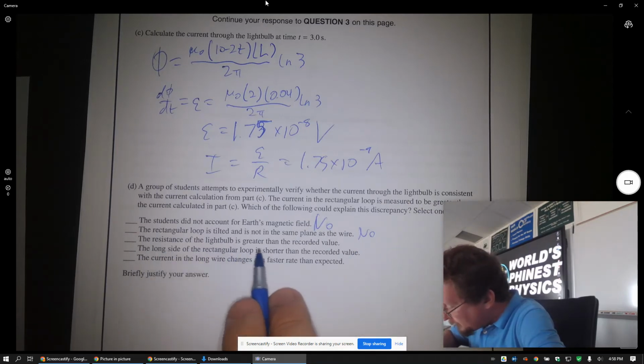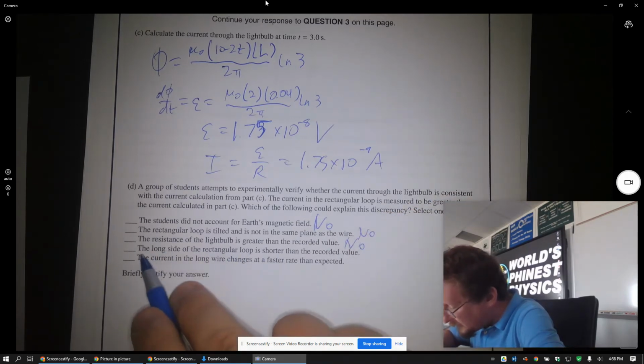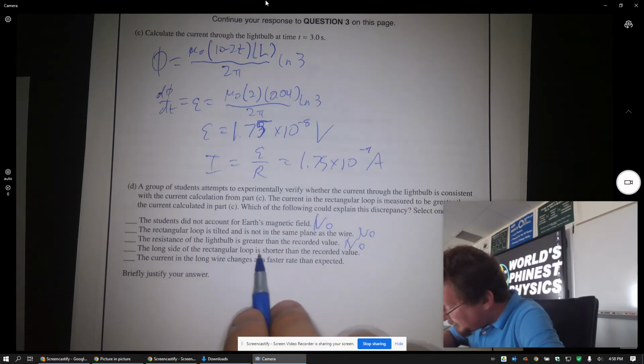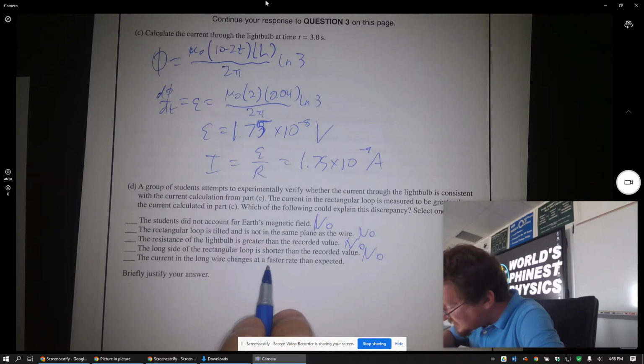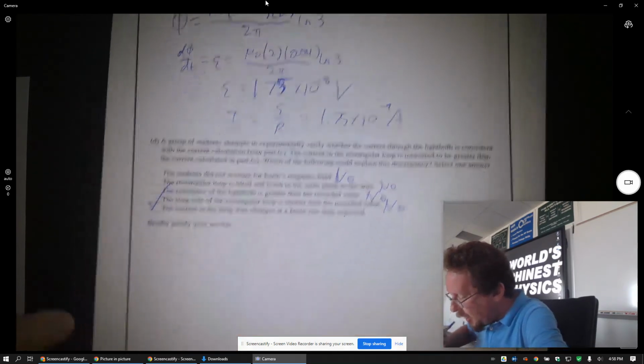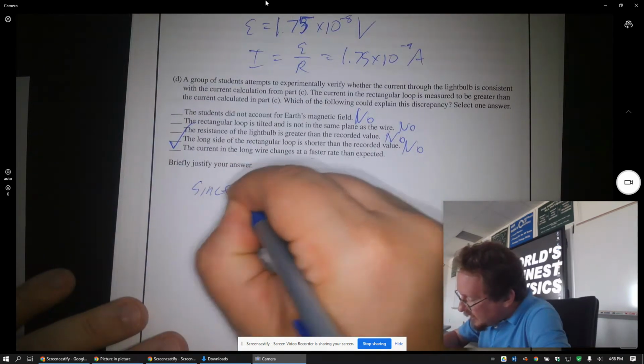The resistance of the light bulb is greater. No, that would result in less current. The long side of the rectangular loop is shorter. That would result in less flux. So no. The current in the long wire changes at a faster rate. Yep, bingo. All right. So since current